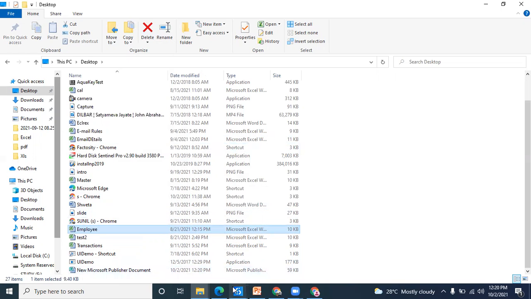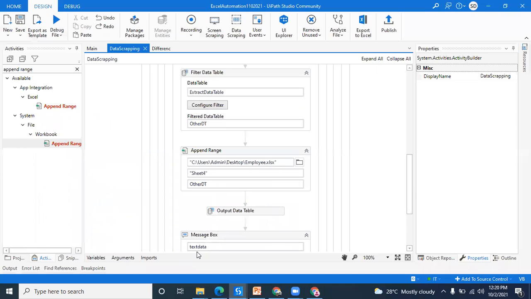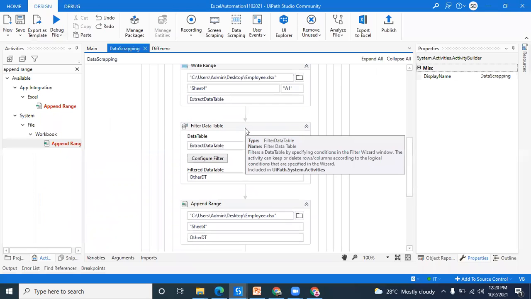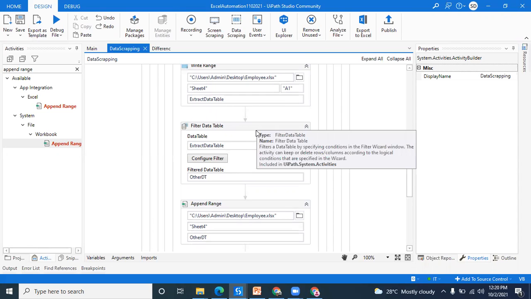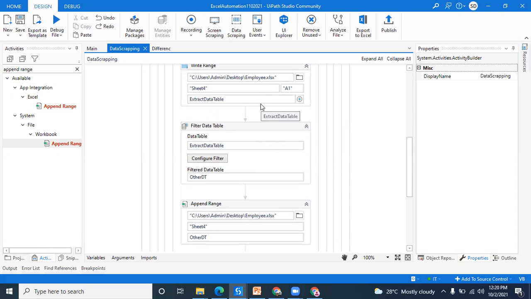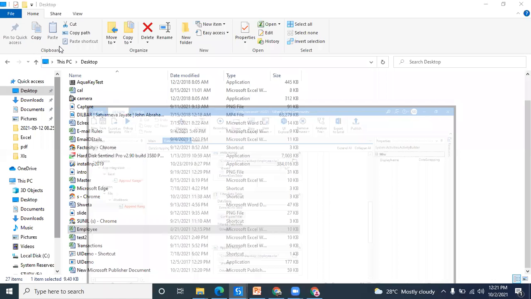Okay, now my task is, I have to merge the data. After extracting the data table, we have 10 rows. And after filtering our extra data table, we have 3 rows. Understood? And I have to combine, or append, after the first data table. Means if in the first data table we have 10 values, for the second it will be 3 values. So I am adding 3 values. That is what I want to do. Let me run, then I'll show you.